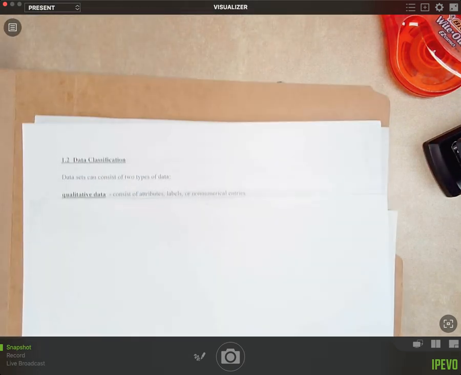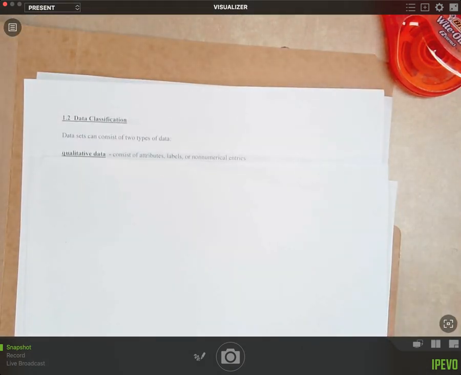Okay, we are taking notes on 1.2, which we are going to classify data and talk about different types of